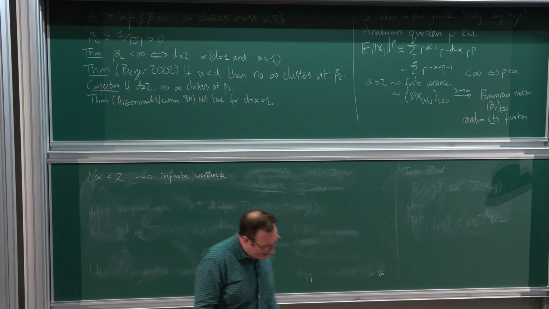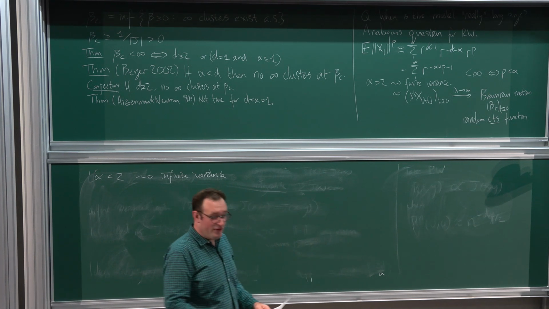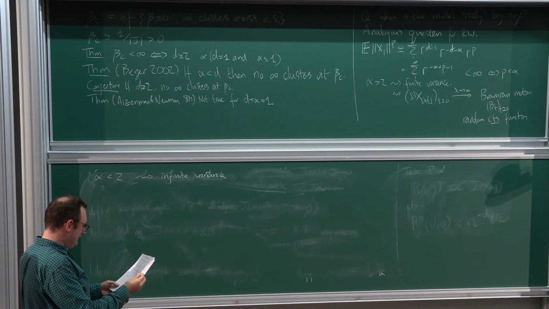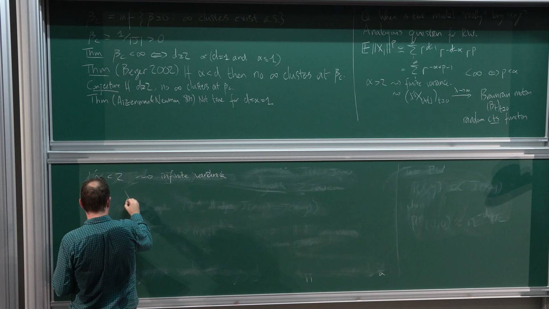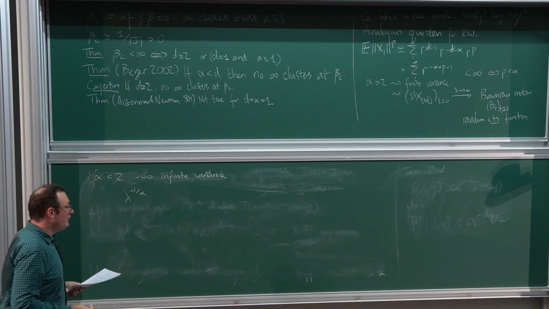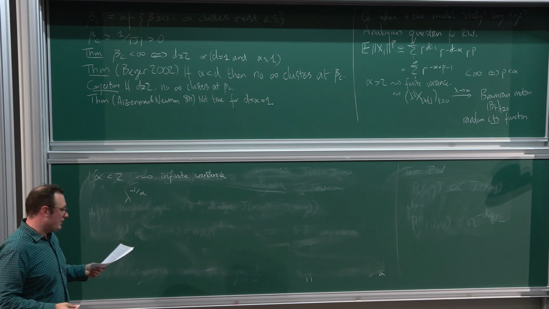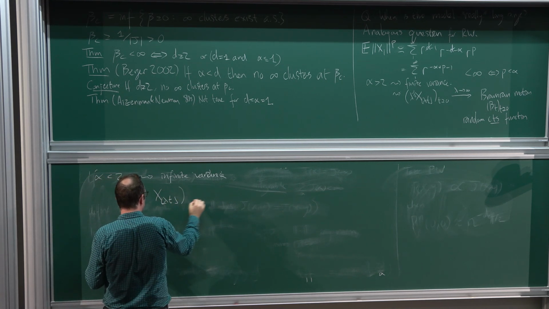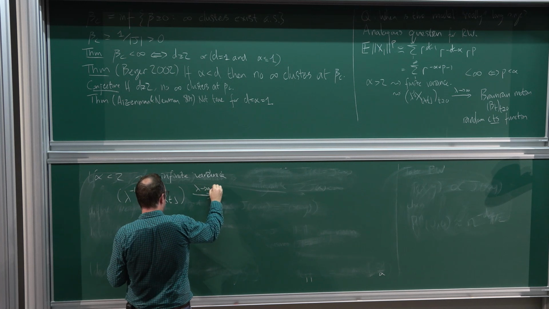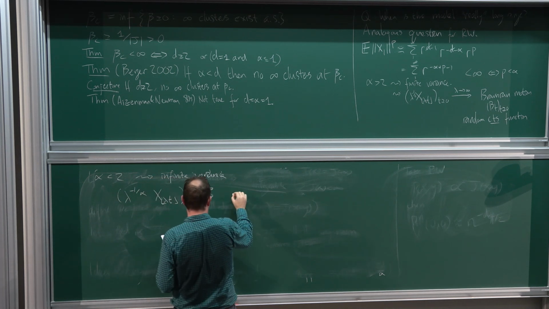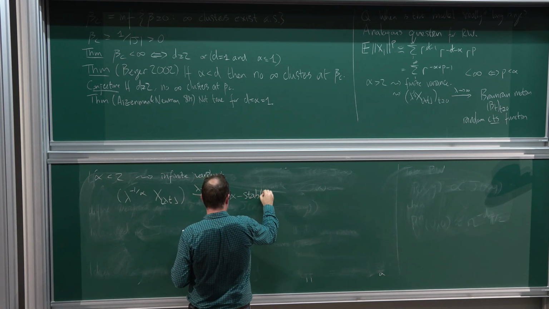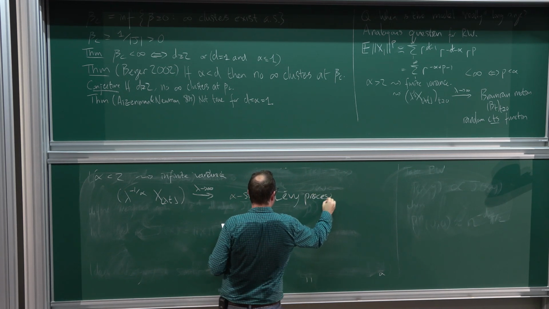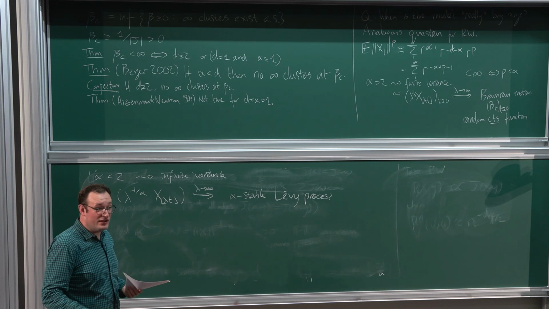And in this case, again, it's very classical that we have a limit process, but it's no longer a Brownian motion, it's a Levy process. Okay? So in particular, the scaling we have to do is different. We have to rescale by a factor of lambda to the minus 1 over alpha. And this converges as lambda goes to infinity to what's called an alpha-stable Levy process. Okay? And this is actually a discontinuous random function.